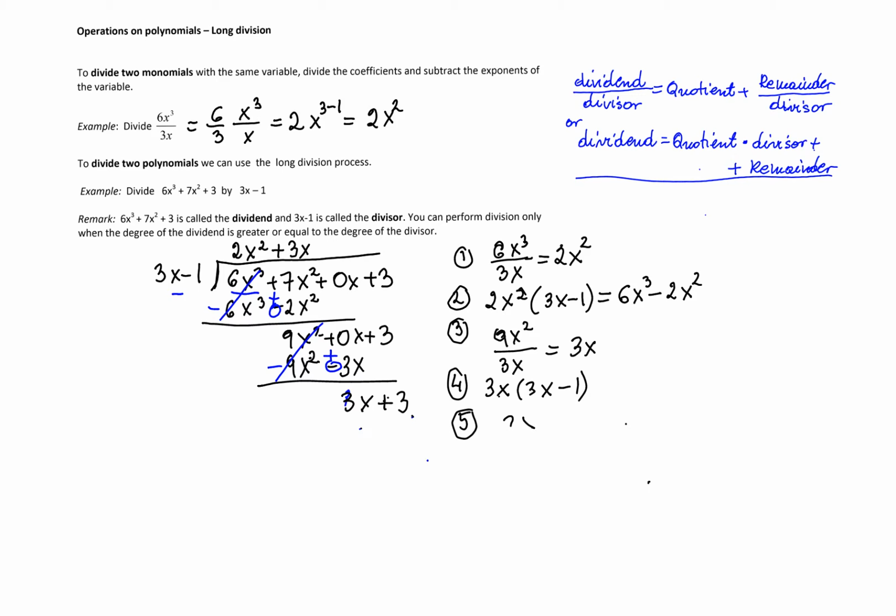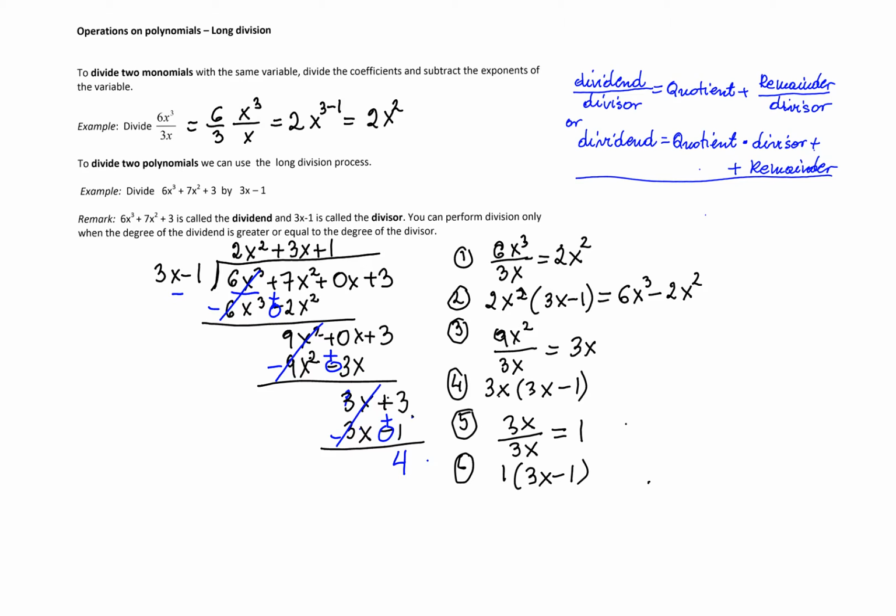So step 5 is going to be 3x, the leading term of that polynomial, divided by the leading term of the divisor, that's 1, and we'll add that 1 to the quotient. And we'll perform multiplication. 1 times 3x minus 1: 1 times 3x is 3x, 1 times negative 1 is negative 1. We'll subtract, and we'll get